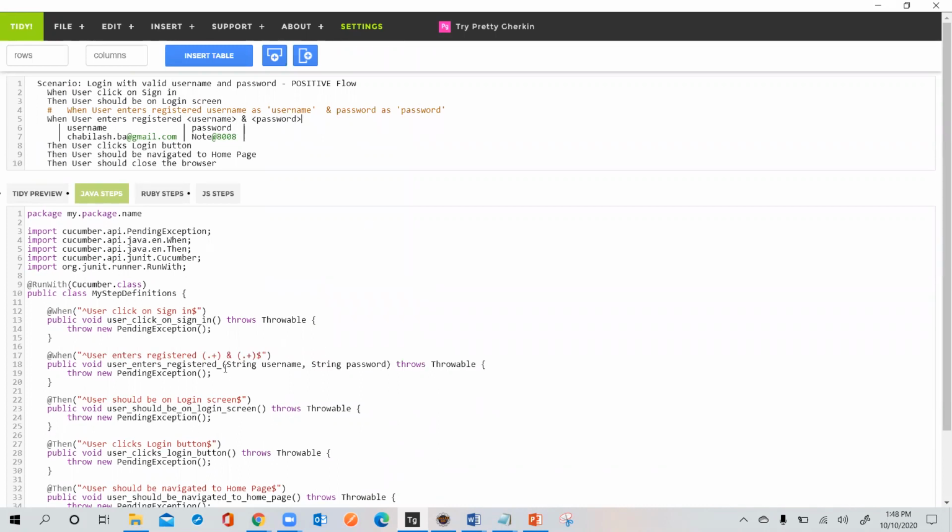Now you see the bottom line, number 17, what it was trying to take. This method will consume two parameters, one is username and the other is password. So that username and password will be taken from this data table. This is how it will be converted by default.